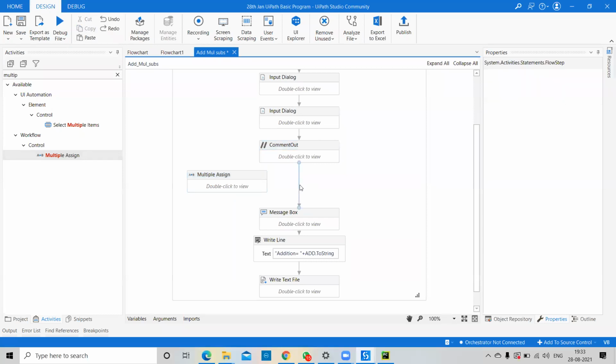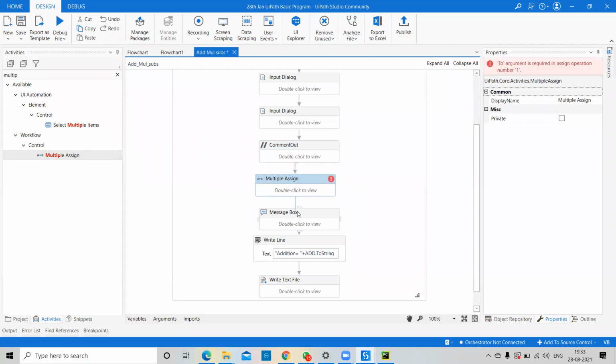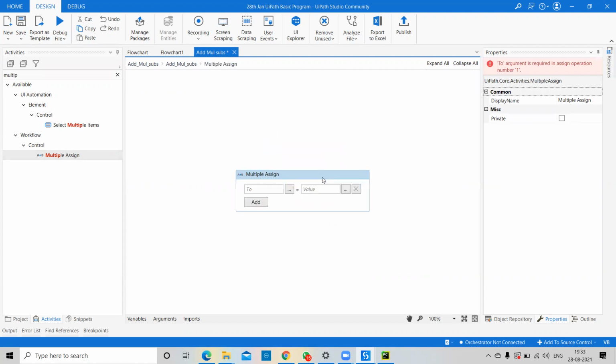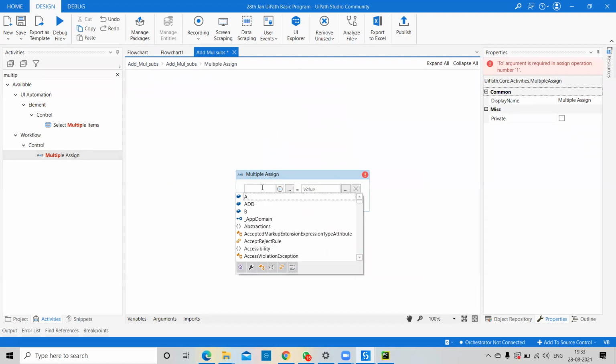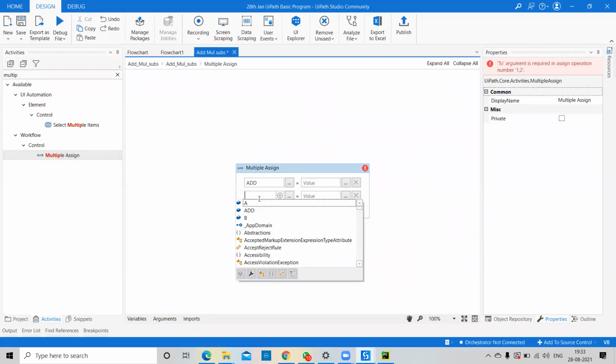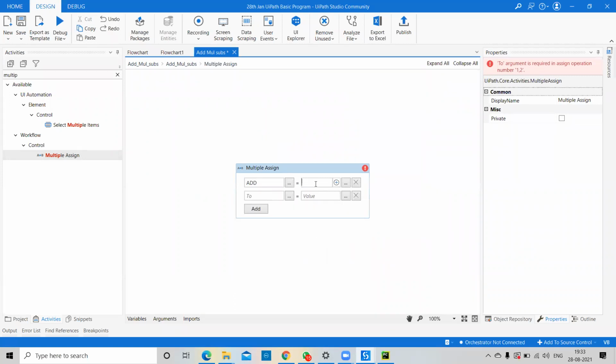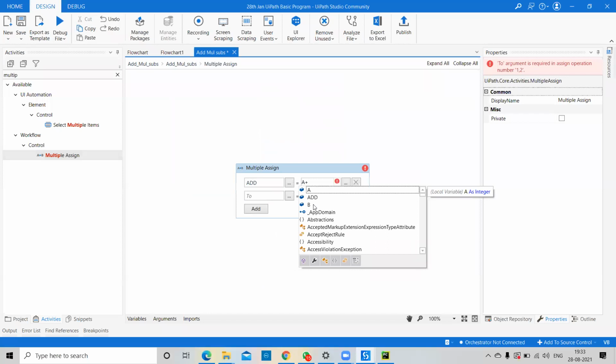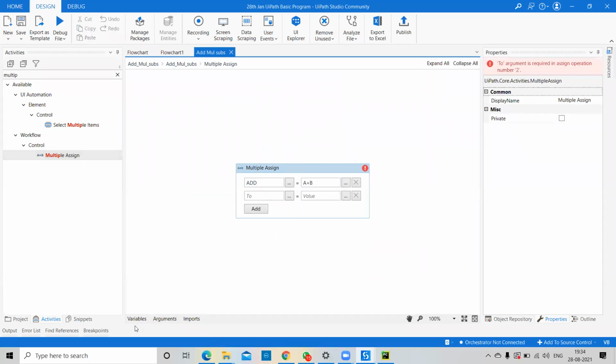All the things means we can use operators like plus, minus, and divide. So multiple things are possible to do right now. Okay, I'll go in here and pass add equal to a. Here we'll create this variable add equal to a plus b. Okay, we are getting add equal to a plus b.